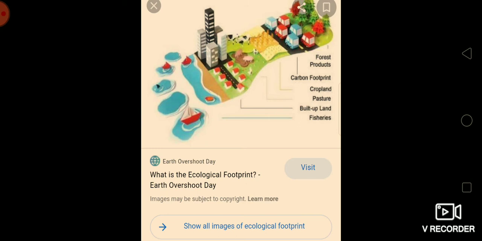Understood? This means that Earth's people needed 18 billion hectares of productive land in order to provide each and every person with the resources they require to support their lifestyle and to absorb the waste they produce. Understood? Then, with only 12 billion global hectares available, it means that in 2010 people used about 50% more natural resources than the planet could regenerate. Understood? That is 1.5 planets.